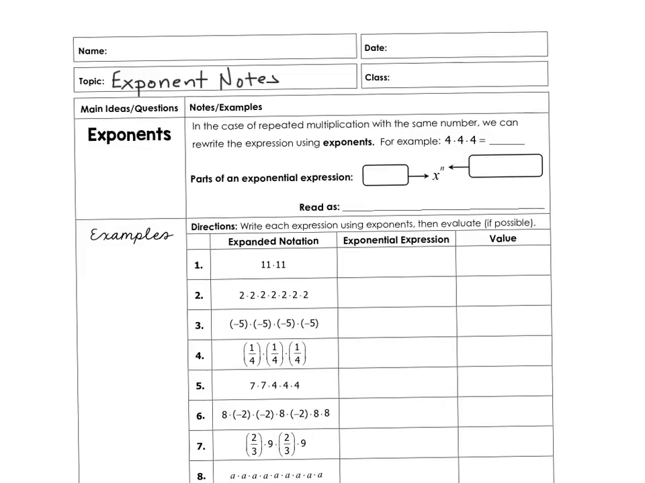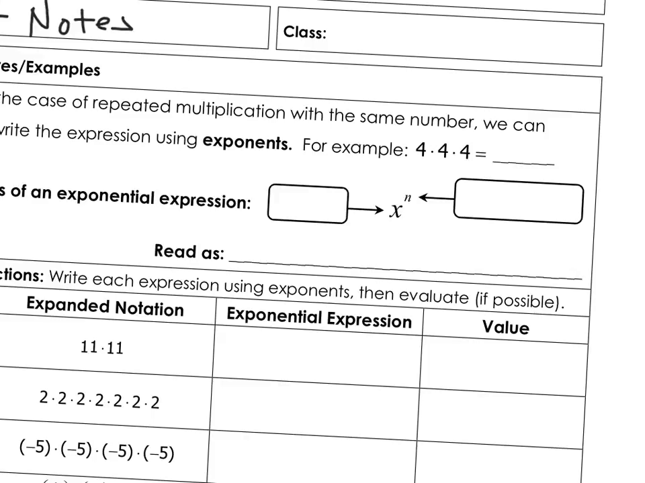All right, hello. Today we are taking a quick review of what exponents are and looking at how we can use exponents to rewrite multiplication and also to evaluate exponents. As a review, an exponent is just a way to write repeated multiplication. In other words, it's multiplication with the same number used over and over again. So we can rewrite expressions like 4 times 4 times 4 using the exponent of 4